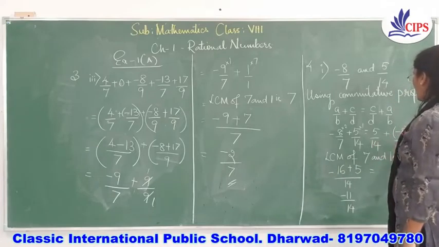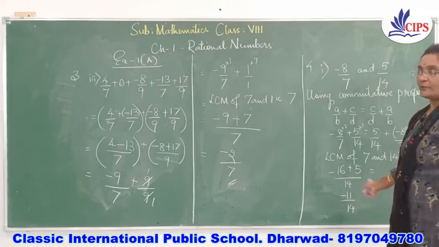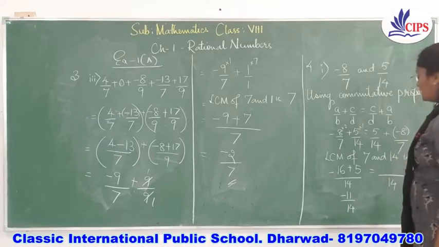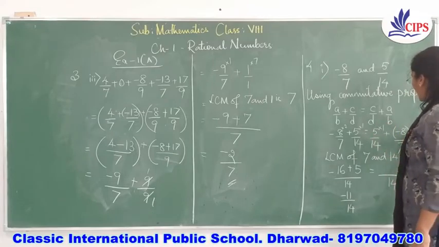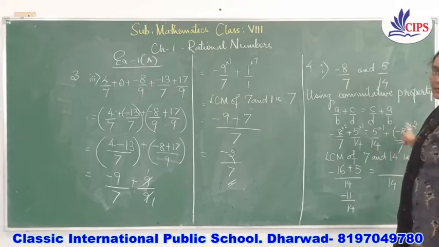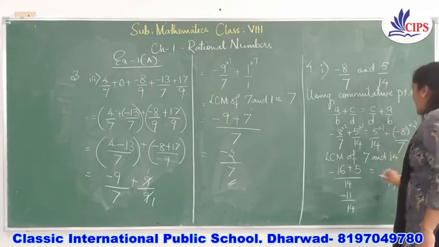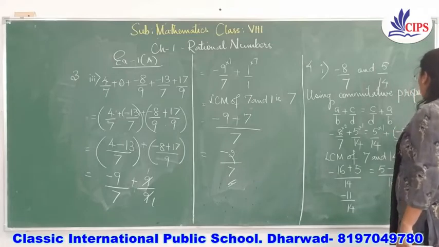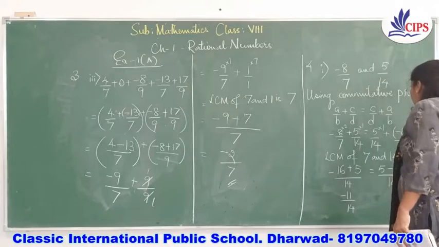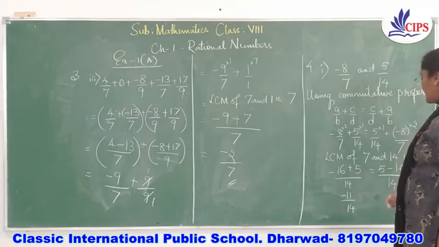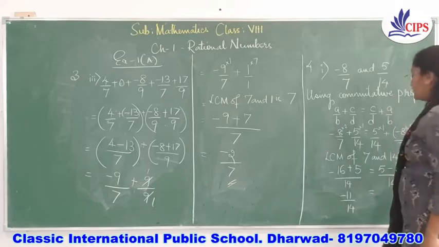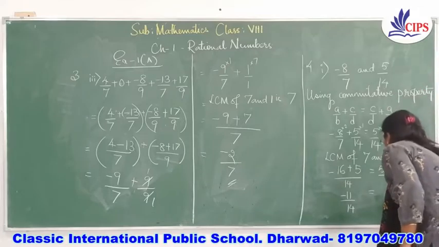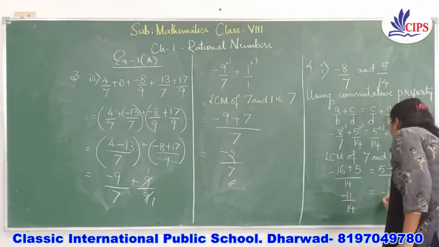So we know that the denominators are 7 and 14, and we have found out the LCM also. We have got the LCM as 14. I'll write 14 as the LCM for both. And here 14 ones are 14 and 7 twos are 14. I have multiplied 1 and 2 to the numerators. So 5 ones are 5, and here plus into minus is minus, and 8 twos are 16. So we have got 5 minus 16. So what is 5 minus 16? From 5 we can't subtract 16. So from 16 we'll subtract 5, we get 11. 16 is having a negative sign. I'll write minus 11 by 14.